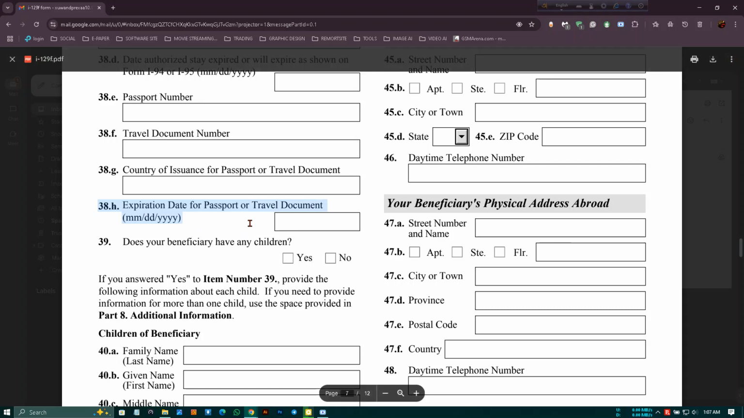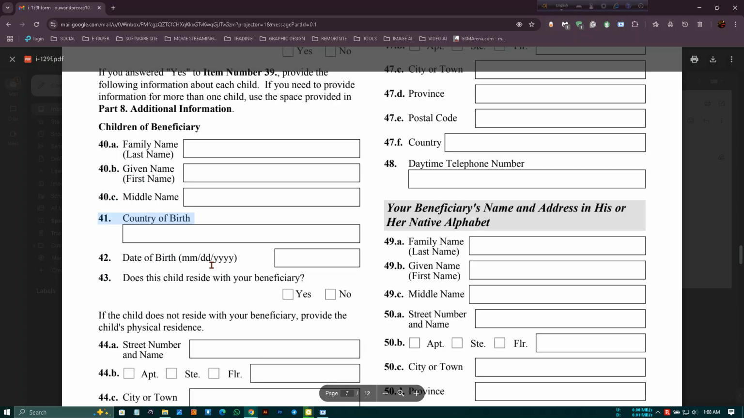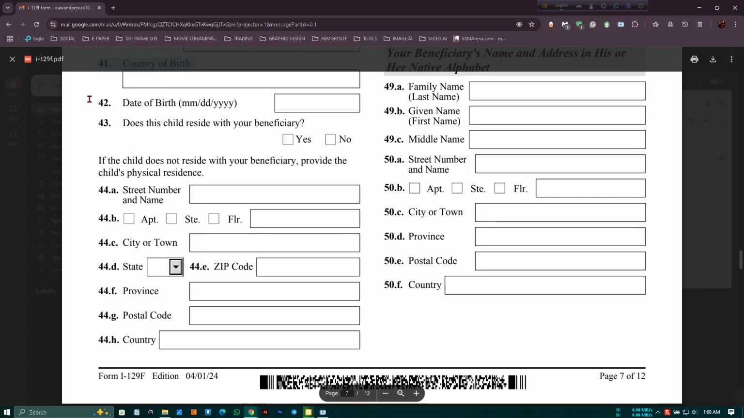Beneficiary's children. Question 39. Does the beneficiary have children? Select yes if they have children. Select no if they do not. Questions 40.a, 40.c. If applicable, enter the full name of each child. Question 41. Enter the child's country of birth. Question 42. Provide the child's date of birth,